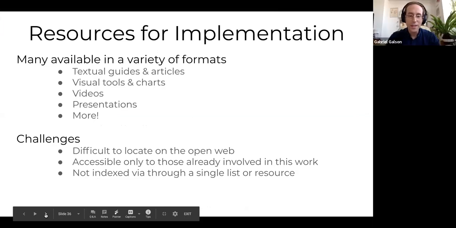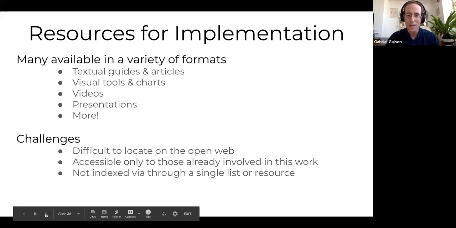Hey, this is Gabe Galson. I'm a technology projects librarian at Temple University, where I led an implementation of the statements. I promote their use statewide through PA Digital, DPLA's Pennsylvania hub, and through DPLA's Rights Statements Working Group. I created the PA Digital Rights Statement Selection tool, and along with my co-presenters, I'm continuing to build out the Rights Statements Working Group's rights portal site. And I'll show you both of these resources in a minute.